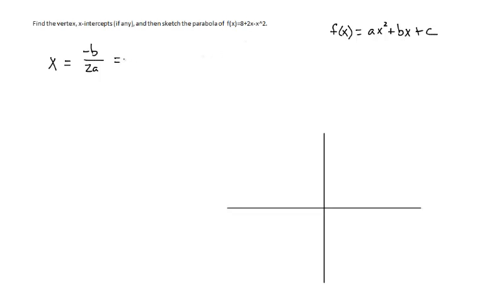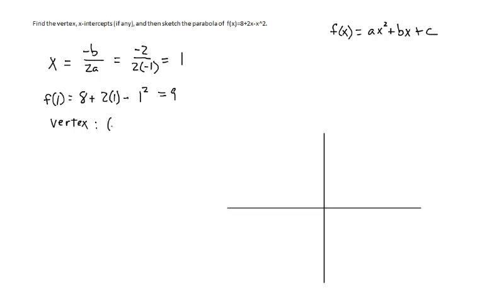So in our case, we have negative b, which is negative 2, divided by 2 times a, which is negative 1. So the x value of our vertex is negative 2 divided by negative 2, or 1. In order to find the value of y, we're going to plug 1 back into the original function. So I'm going to have f of 1 is equal to 8 plus 2 times 1 minus 1 squared, which gives us 8 plus 2, which is 10, minus 1, so we get 9. So the vertex